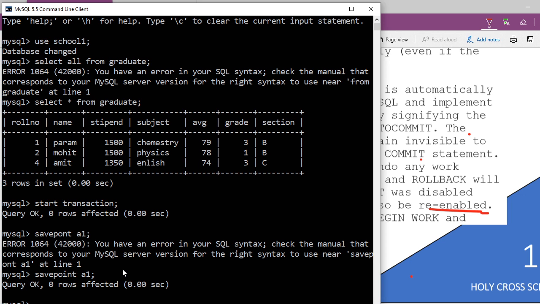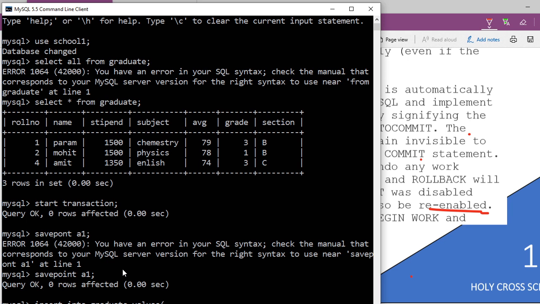Okay, so now what I'm going to do, let's suppose, is add two tuples here. See here, insert into graduate values. Now somebody asked me someday how we can enter multiple rows like that. Can I show you here, in one statement, two tuples entered, so that you can understand that, and also you will learn this command.